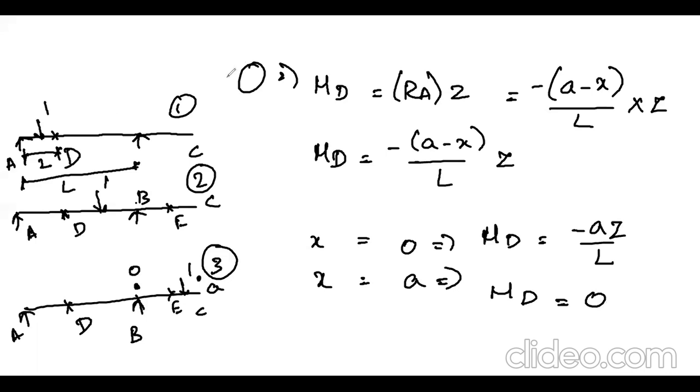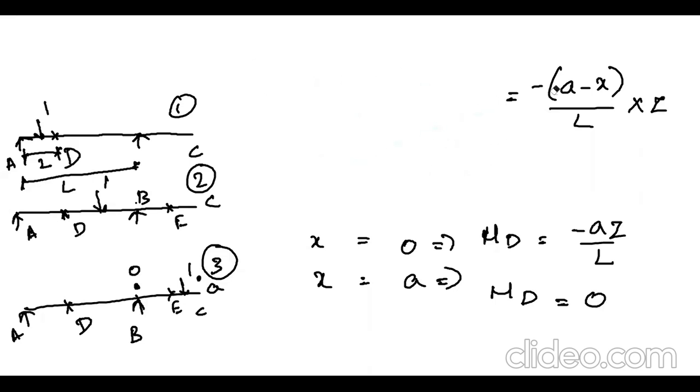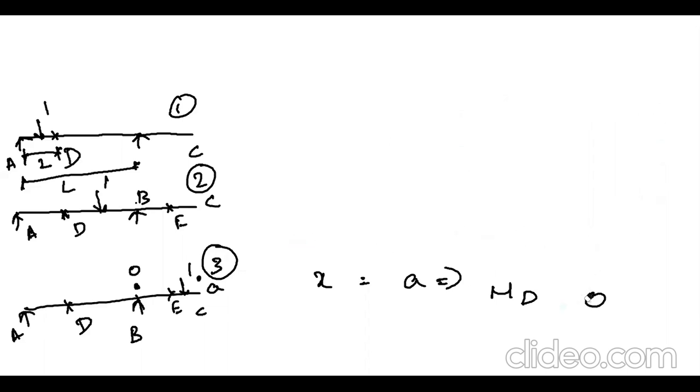So overall we have found this according to the condition 3, just write it down. So overall we found the value of MD in the 3 loading conditions. First I will write those values, then we shall plot the influence line diagram. It will be easy for us to understand. First X. Now here I am going to write the value of MD. X value is 0, X value is up to Z. Am I right?